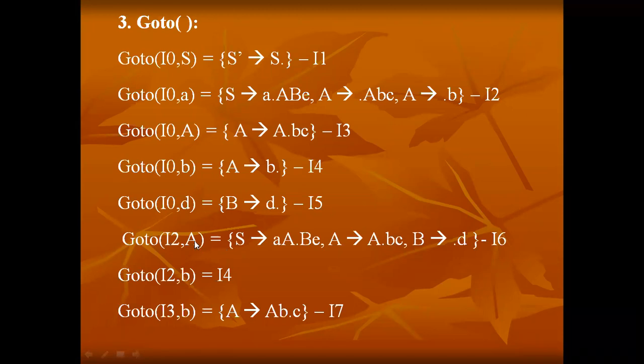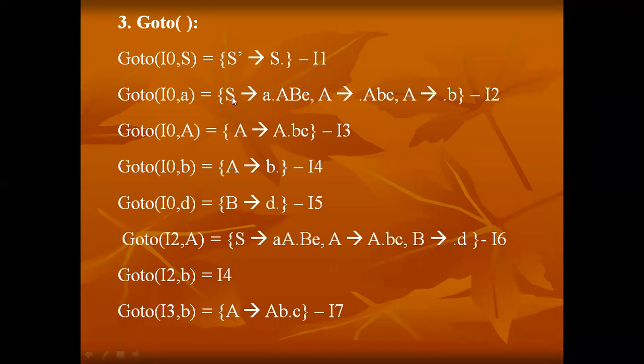And here we are only processing for the variable A, right? So in production number 1 we proceed, in production number 2 we proceed. Why we are writing this production means, here in production number 1, after the dot we are having the non-terminal. So for that we are writing the production of the B from the I0. And all these 2 are new production rules. This is an old one, but the set consisting of the new production rules, we need to give the item number 6.